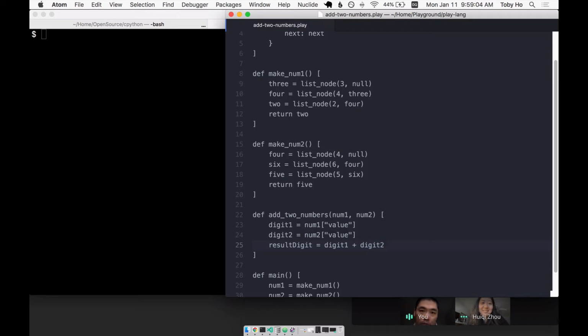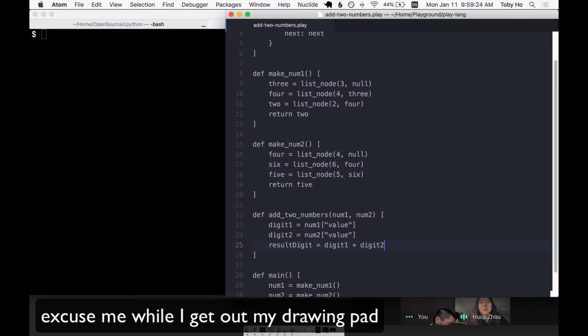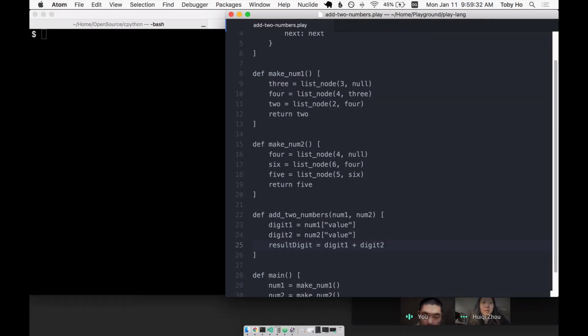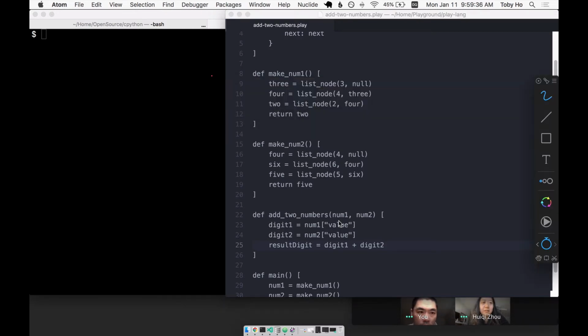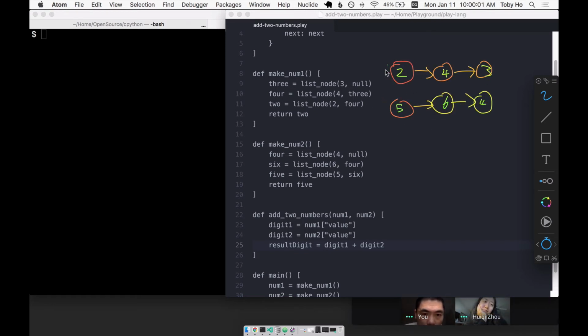And then we're probably going to want, let me think. Are you going to create a new linked list just to represent the result? Yeah, we need to. That might actually be tricky. Okay, let me try to see this. 2 plus 5 to get 7, and we're going to want to make a 7 node, and later on we're going to want this 7 node to point to the next digit, right? Yeah. Okay. And that's actually slightly tricky because